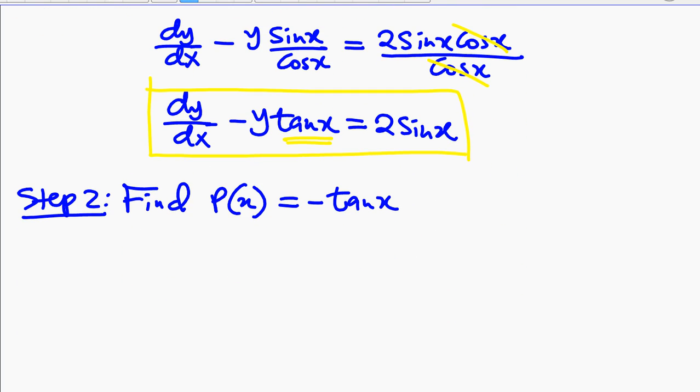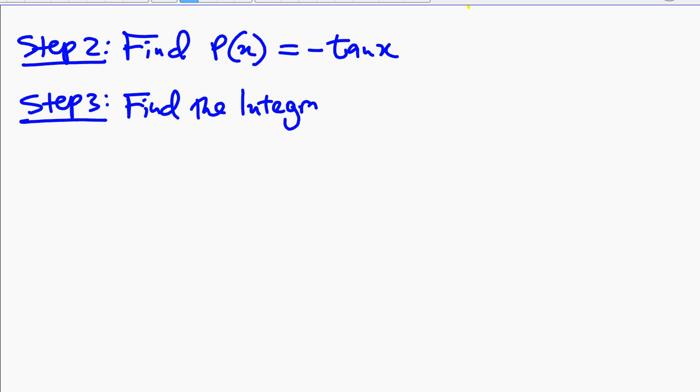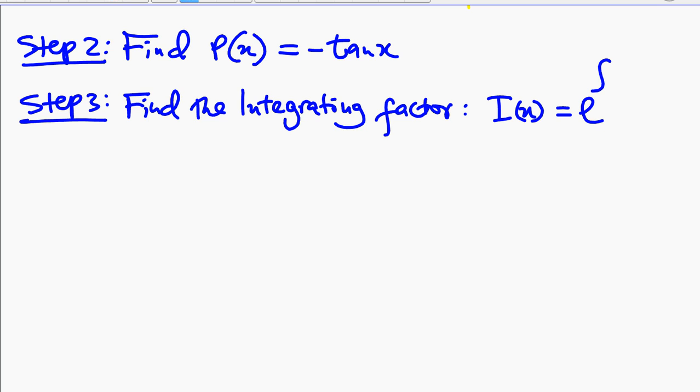All right, so step 3, we are going to find the integrating factor. Now the integrating factor will be e to the power integral of p of x, which is negative tan x, all right? So which means we need to find the integral of tan x. So integral of negative tan x